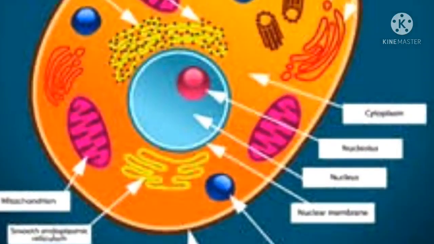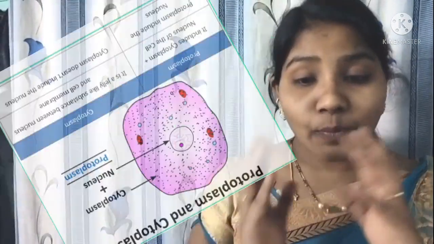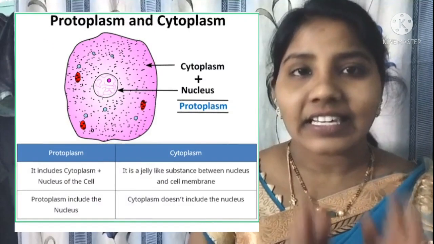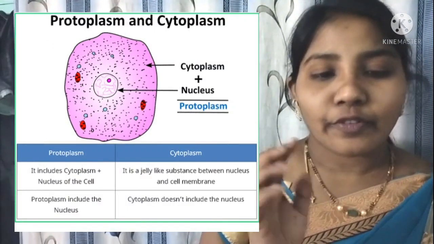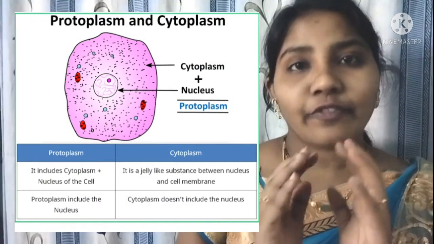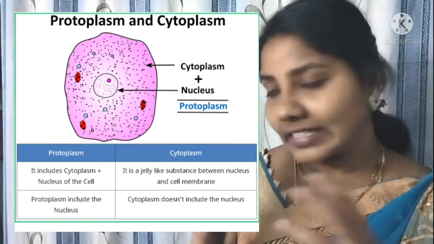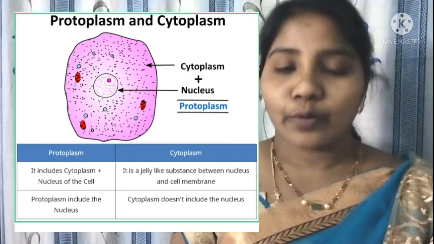So, the cell wall also continuously exchanges information in the cell. Now we can see the differences between the cytoplasm and protoplasm. These both are cell fluids, but cytoplasm is the fluid inside the cell. In the protoplasm, the cell fluid is present, and of course, all the cell organelles are present in the protoplasm.